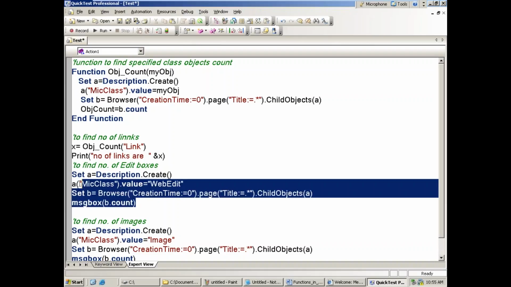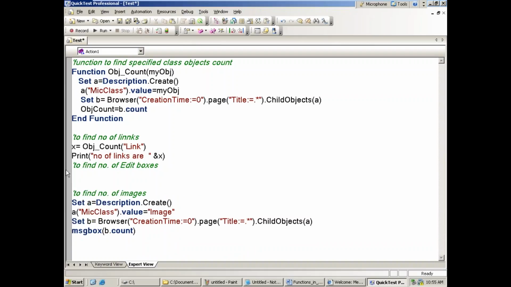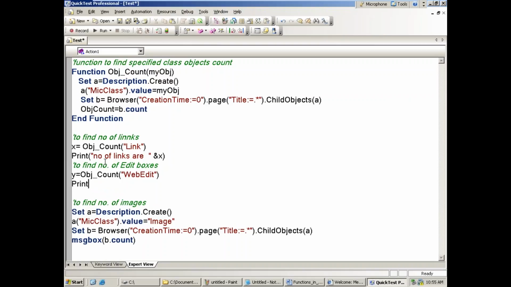Now number of edit boxes, same thing here again, y equal to obj underscore count, then edit boxes, web edit, then print number of edit boxes are ampersand y.